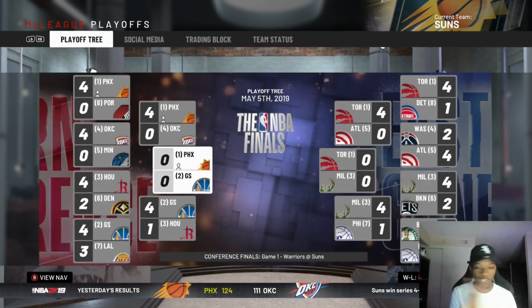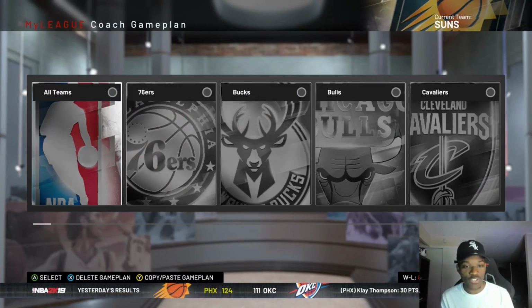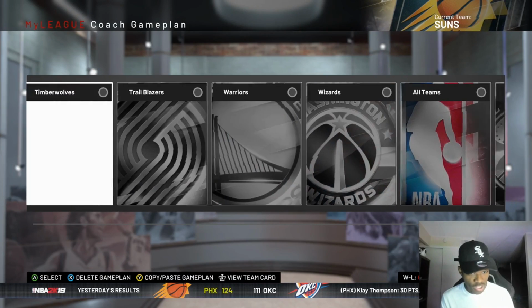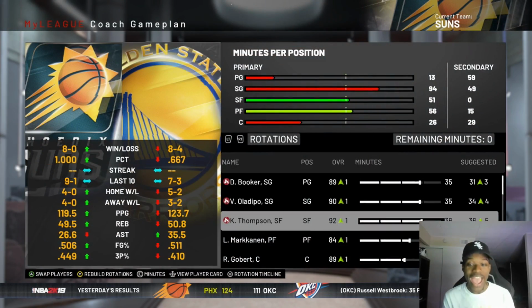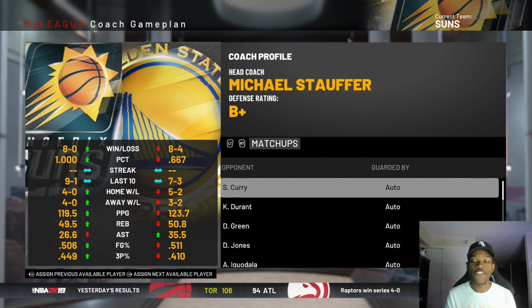Okay, here's the moment of truth. Forget all what I was talking about. Moment of truth, Golden State Warriors. This is what the plan is. We're gonna go over here to the Golden State Warriors. We have Klay Thompson off their roster, which is perfect. We want Steph Curry not guarded